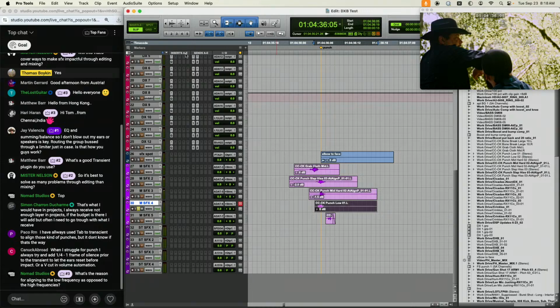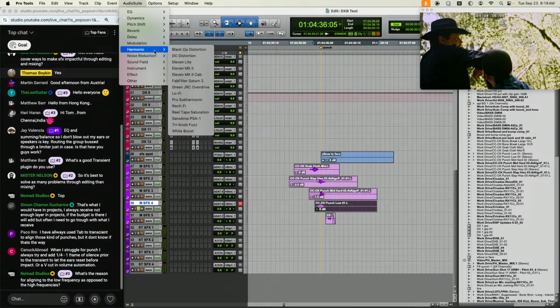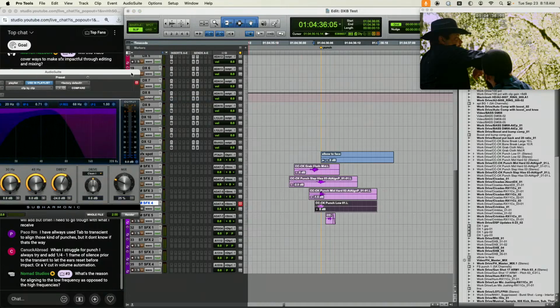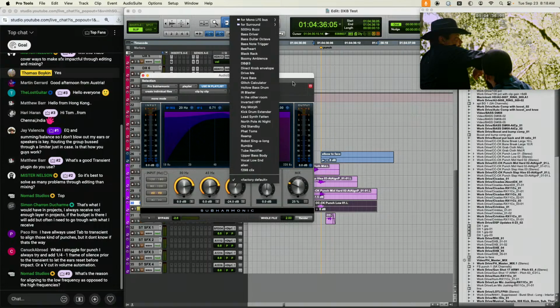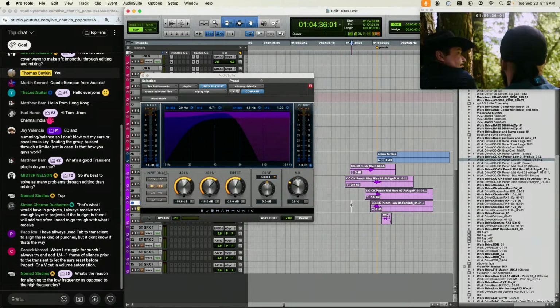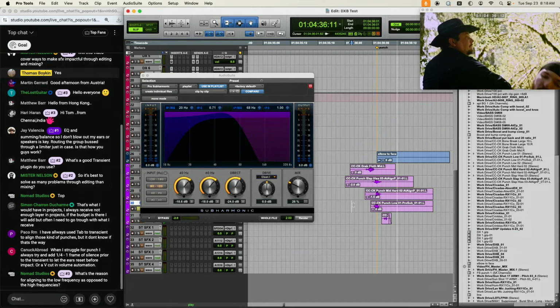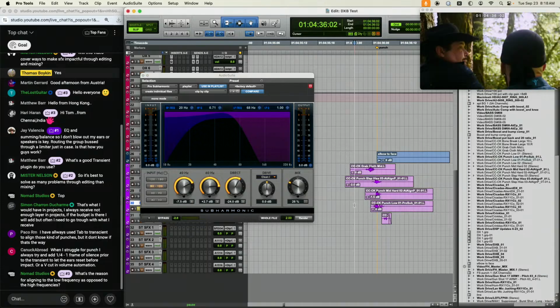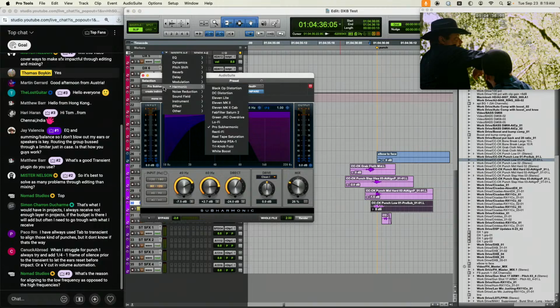Another thing we can do, I'm going to undo that, and I'm going to bring up my Pro Subharmonic. I think I had a preset for this as well. No, I didn't. That's okay though. Oh, and my preview isn't set to play for you guys, so I'll just go with something that I think will work. And let's hear it. A little more. There we go. Okay, so now we're getting some of that kick drum thump,